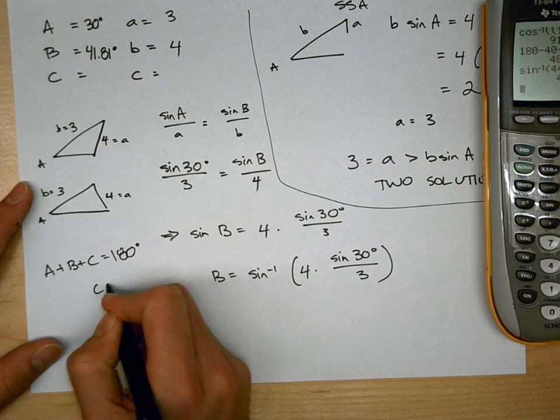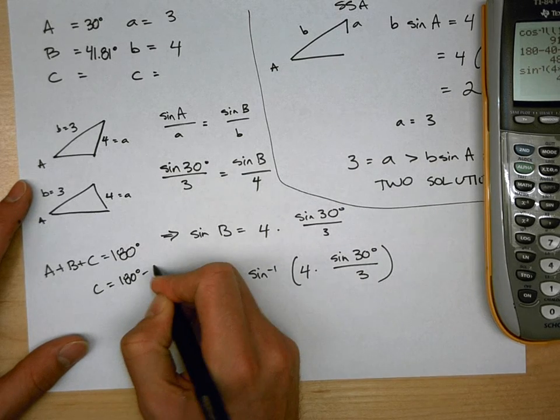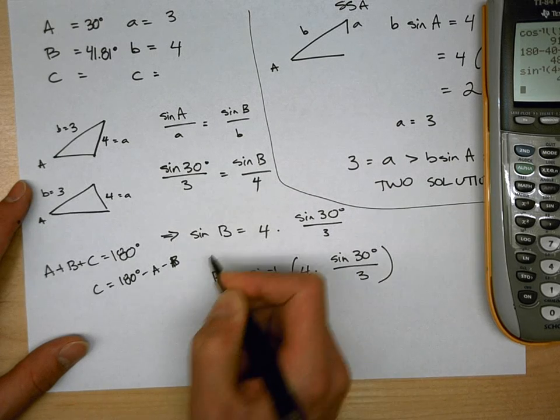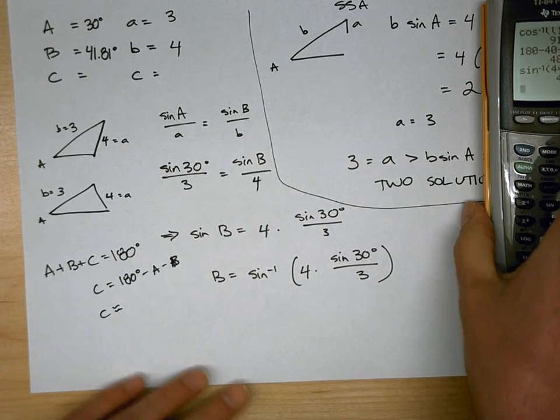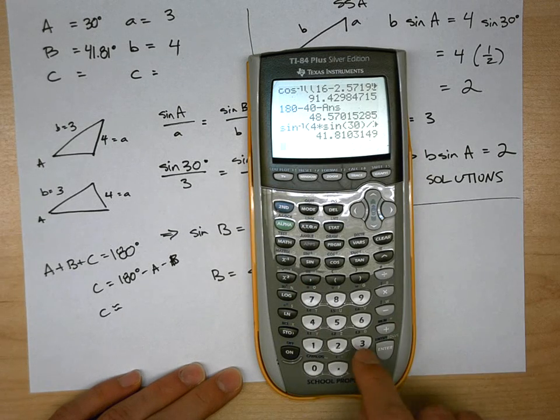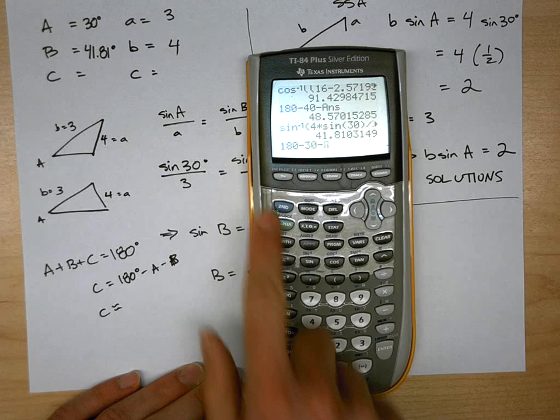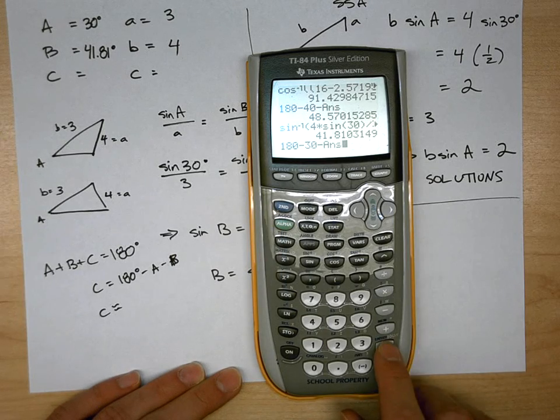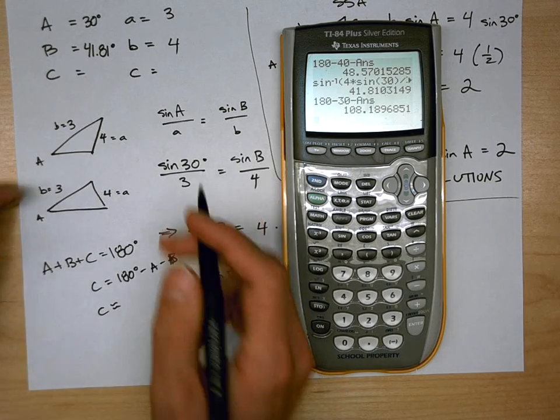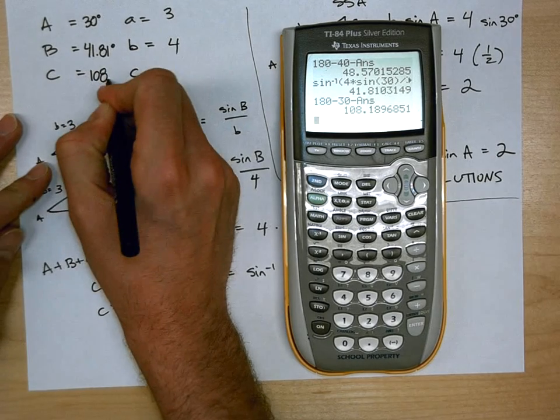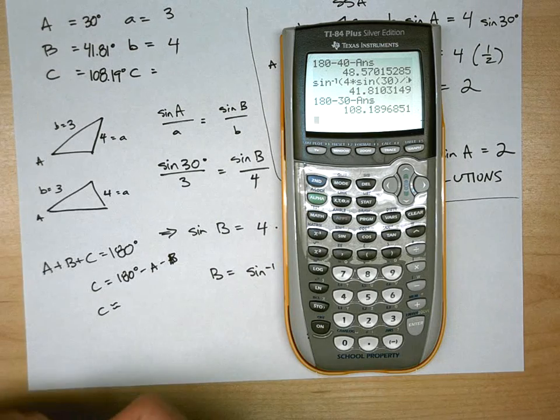So C then is going to be equal to 180 degrees minus A minus B. So C is going to be, let's see, 180 minus 30 minus 41.81. So we have 108.19 degrees, all rounded to 2 decimal places. Okay, so